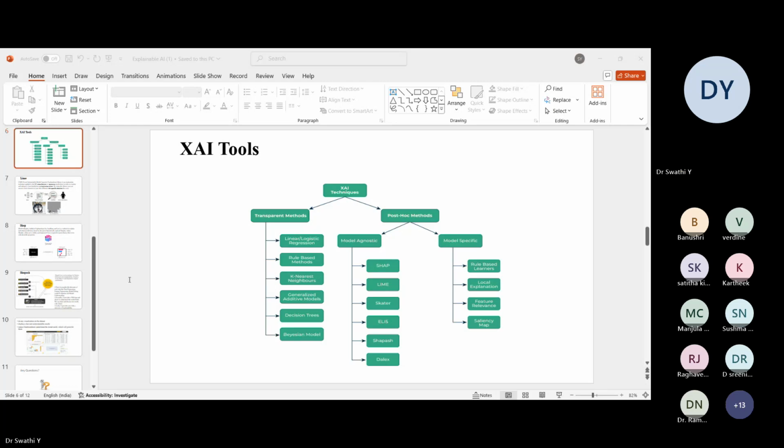Whenever you call any of these tools, you have to call the explainer object, because all of them are under the explainer. Since I'm using Sharp, I call sharp.TreeExplainer.